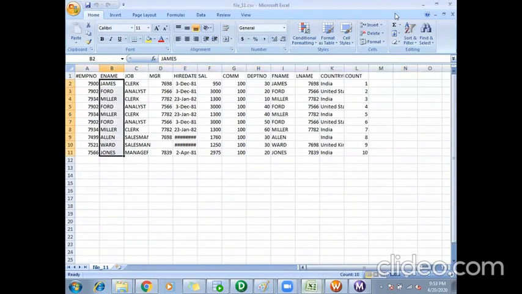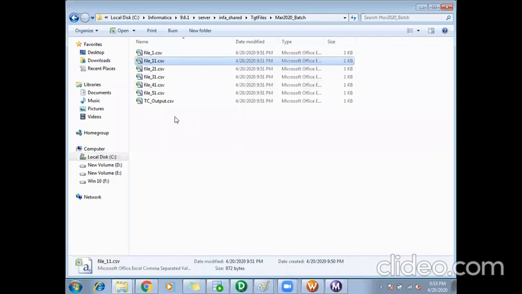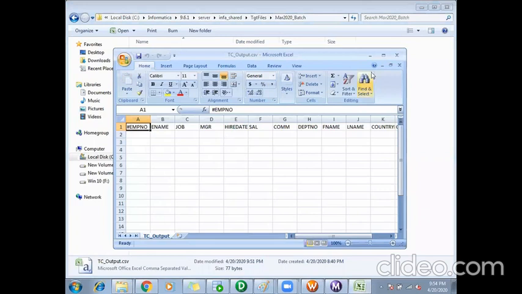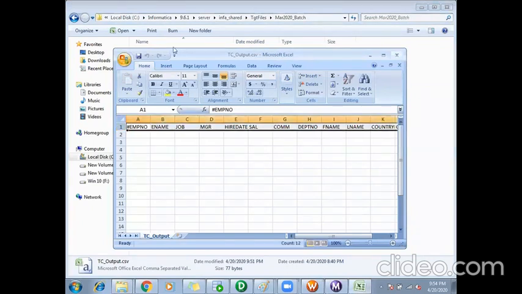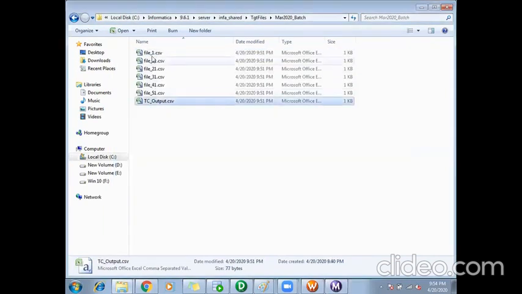So based on your input, if you increase the records, again you will get multiple files here. In the same way, it will keep on incrementing. So this is how you can create the dynamic targets. This particular file will have only the header, and all other files will take the header information from this file, and the data is anyway coming from the transaction control. That's how it works. So this particular file will be a reference for all other files to get the header, and data will be coming based on the transaction control logic.